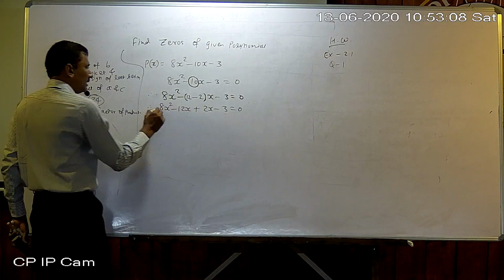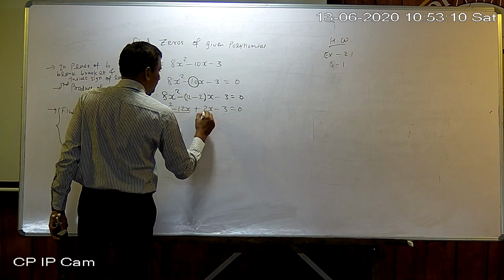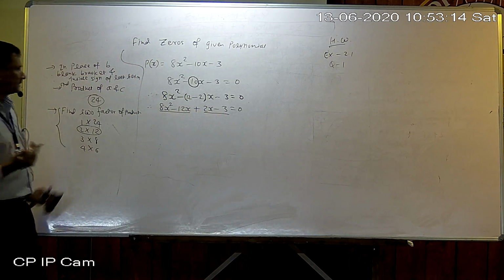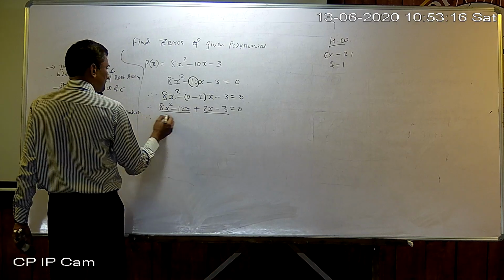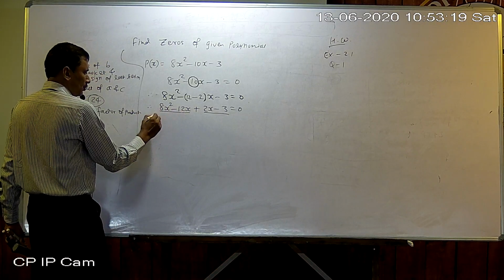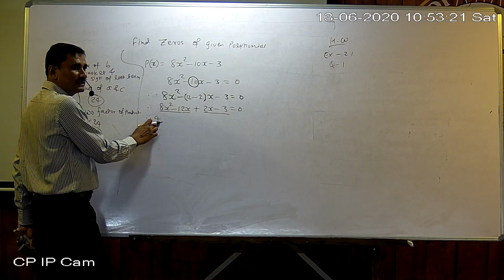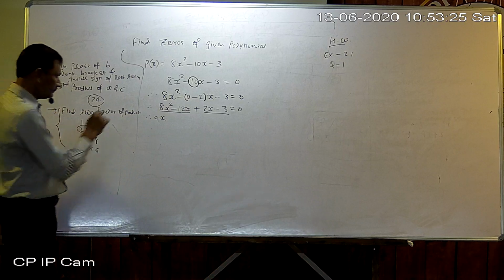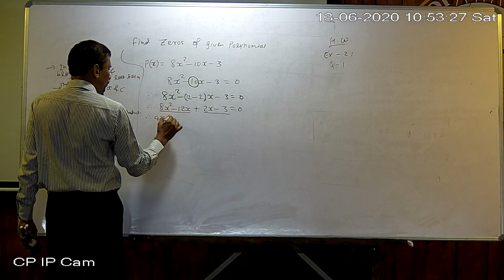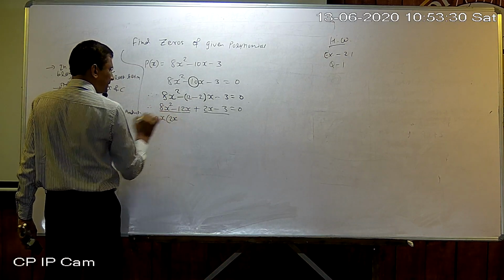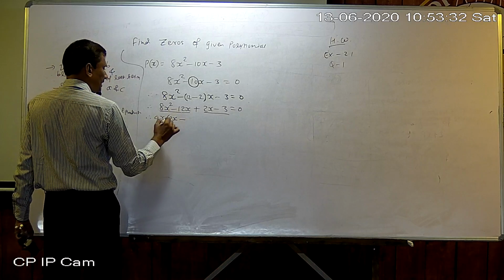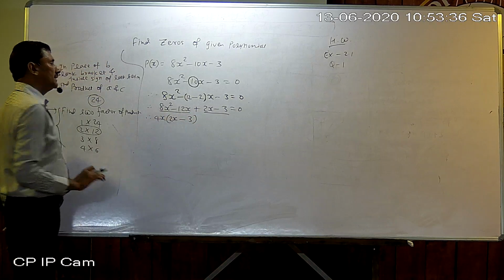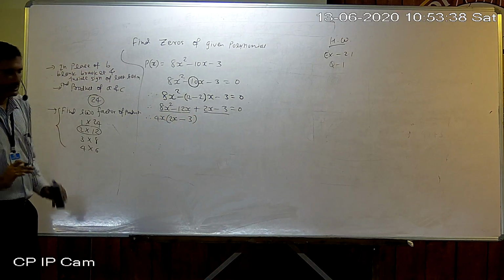So now take something common from the first 2 terms and something common from the last 2 terms. Out of the first 2 terms you can see here 4 is common. Maximum should be taken as common, and x is common, not 2x, 4x is common. So here left 4 to the 8, 1x left inside. Now minus sign, 4 3s are 12, x is already outside. So inside the bracket left 2x minus 3.